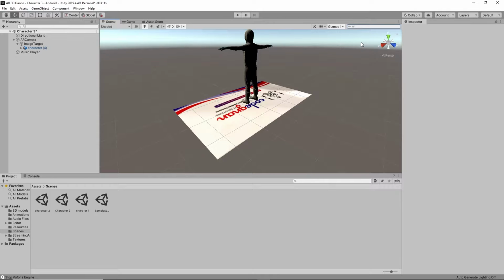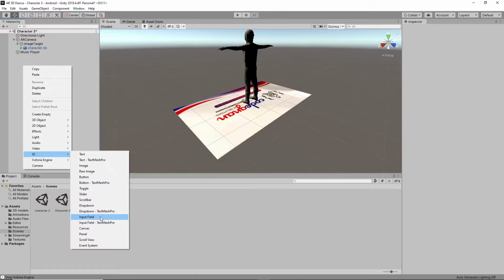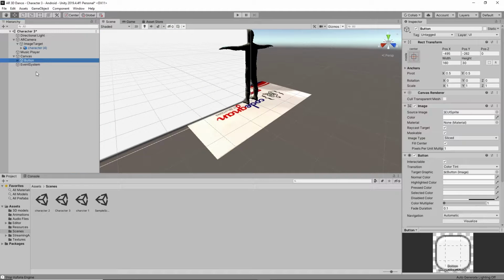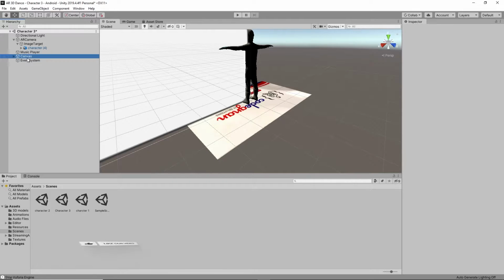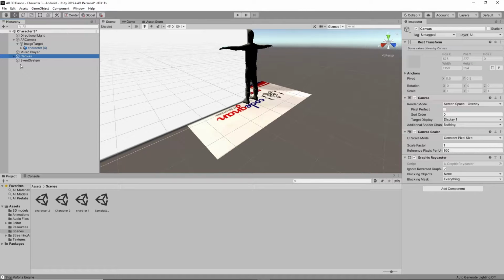Till now, we created animations in the game window. Now, we are going to create a settings option in this game scene. For that, first you have to create a UI. To create a UI, first go to UI and select button. I'm naming it as settings button. By this only I am going to make all the working.